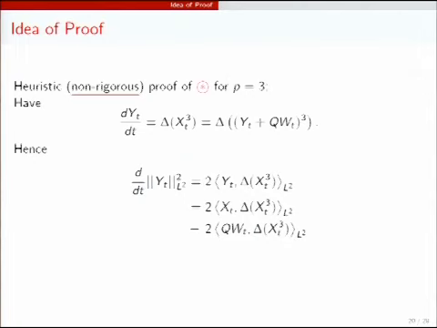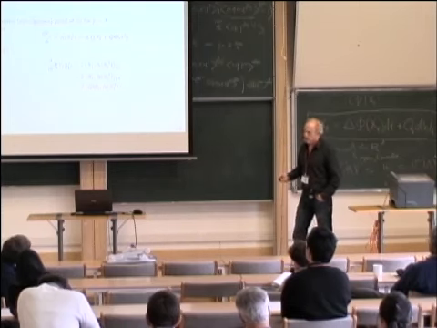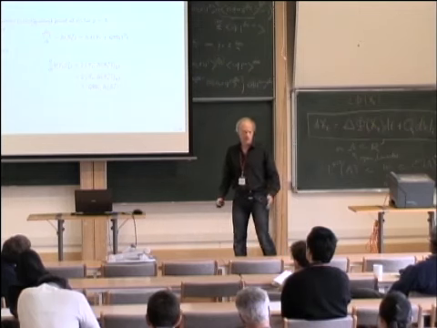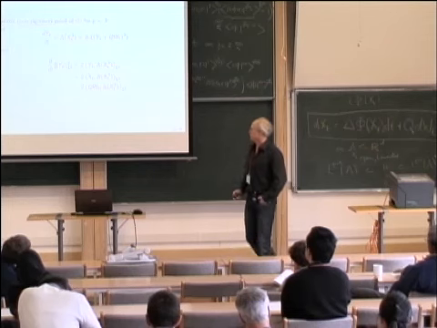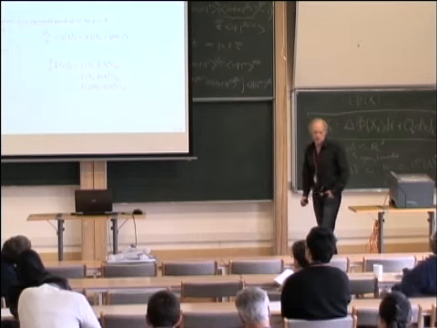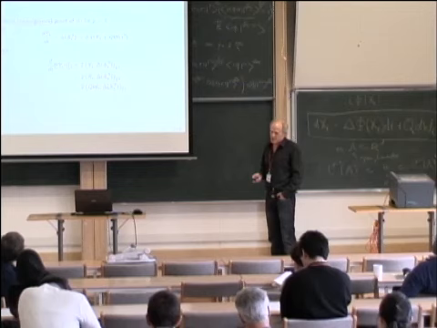Okay, so how do you do this? Of course, you multiply by Yt from the left. You take the inner product in L2. So you get 1/2 of this is equal to the inner product of this with Yt in L2. So there's just the usual energy approach. Well, of course, this is already not justified because Yt is not in L2, full stop. It's only for almost all t, so you have to be careful whether you can do that. But of course, this can be justified quite easily. Apart from maybe everything being plus infinity. You have to do something.